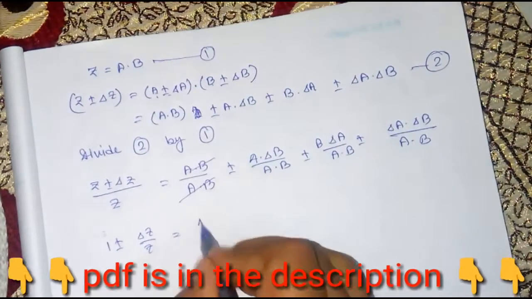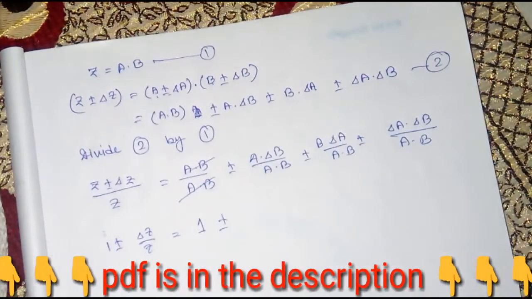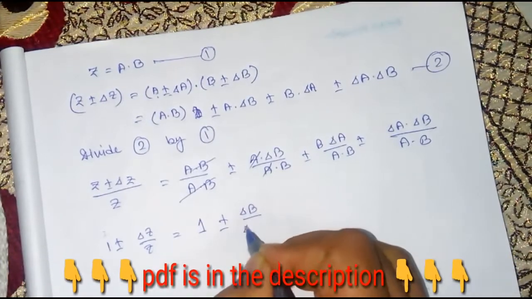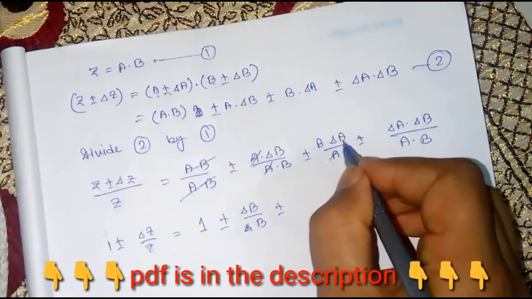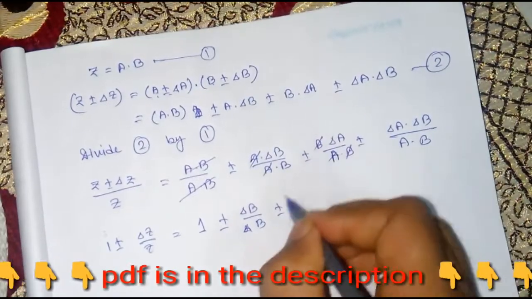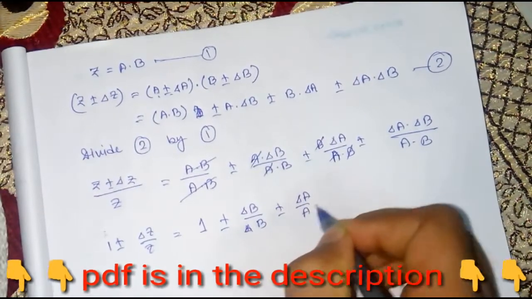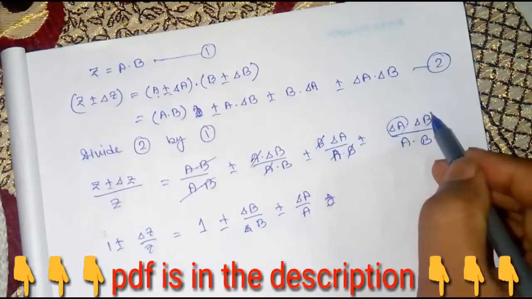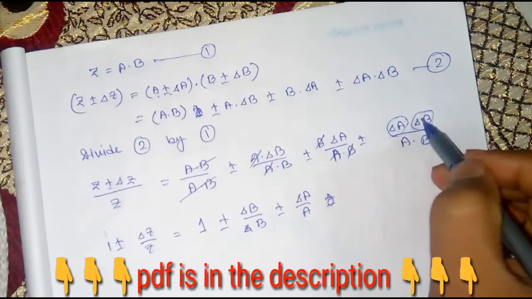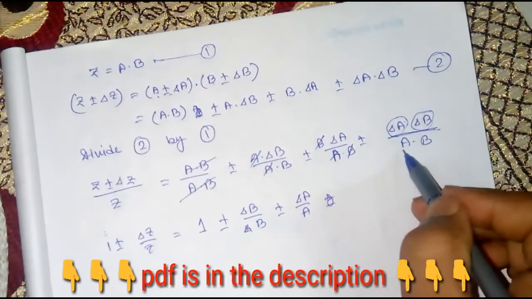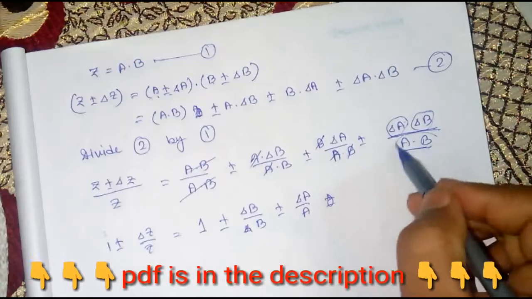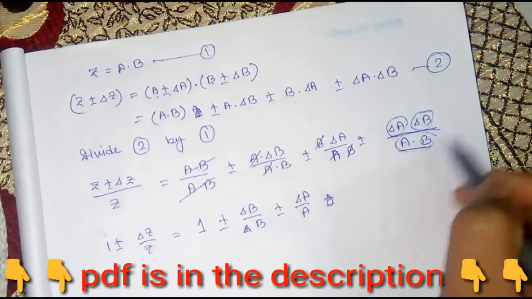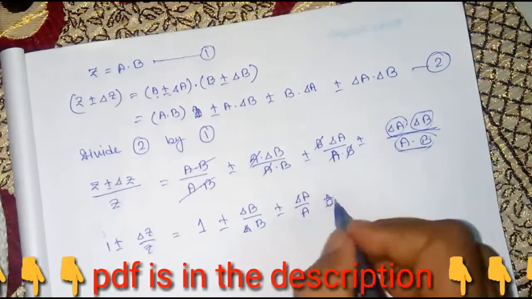And this will cancel. So 1 plus minus, a cancels out, so it is delta b by b, plus minus, here also a will be there, b cancels out, so delta a by a. And this one, these values, see, this is very small. This is error. This is also error. So the multiplication will be very small. And when we divide with the actual values, this will be very big. So when the denominator is big and the numerator is very small, the actual value is very, very small. So we can neglect this term.